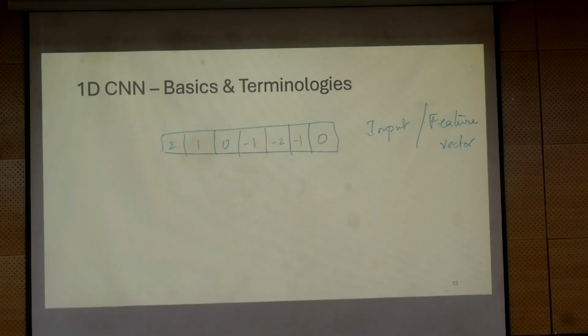Now in order to convolve this, we need another function, and that is usually of a size lower than the input vector. Let us say I will use just one sample, and this is called a filter, also called a kernel. If you go for a higher dimension, it is typically called a kernel, but in 1D we can call it a filter. If you recollect digital signal processing, you will understand why this is a filter, because when you do this kind of operation, you will be filtering out, right?